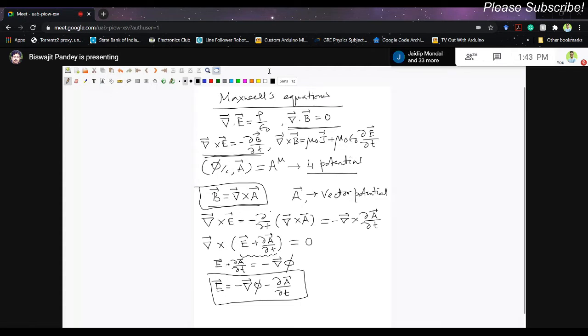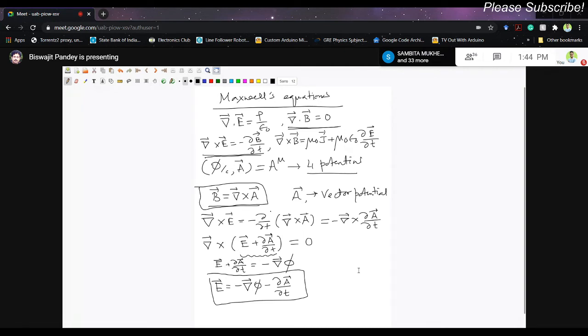Of course, one can stick to E and B and ignore phi and A. But there is a particular advantage, because the electric field and magnetic field, we already know, are components of a tensor, right? Even if you deal with them as vectors, you need 6 numbers: Ex, Ey, Ez, and Bx, By, Bz. They are components of a second rank tensor. So you need 6 numbers to represent that. Either you deal with it as a tensor or separately as electric and magnetic vector fields, you need 6 numbers. You cannot reduce that.